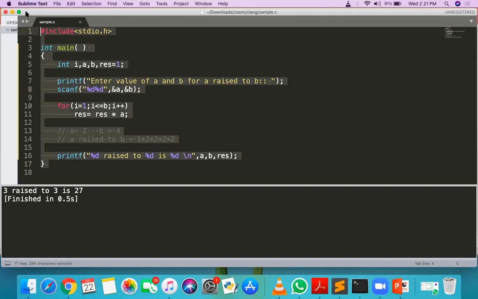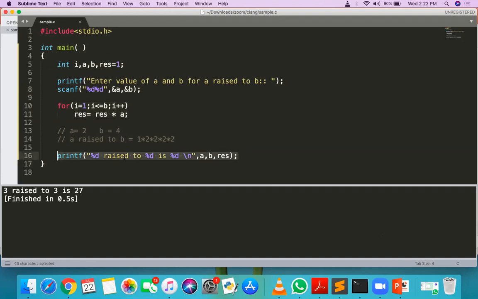Sir, we can also just printf %d is equal to, A raised to B is equal to %d and comma RES. That is also sufficient, no, sir? Yes, after the for loop. This is only the output representation.